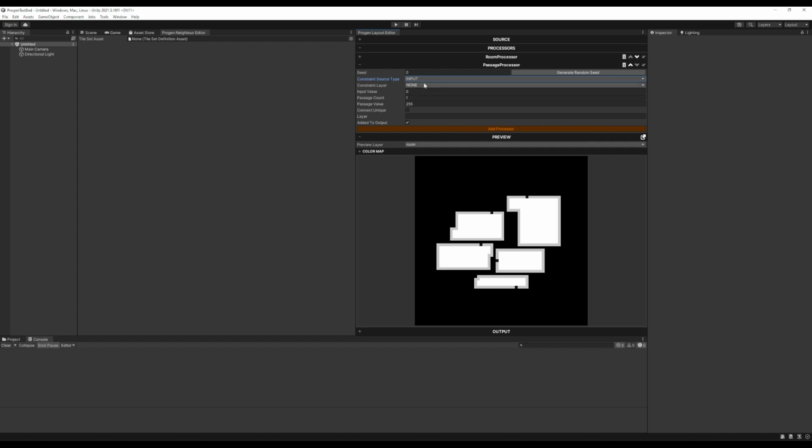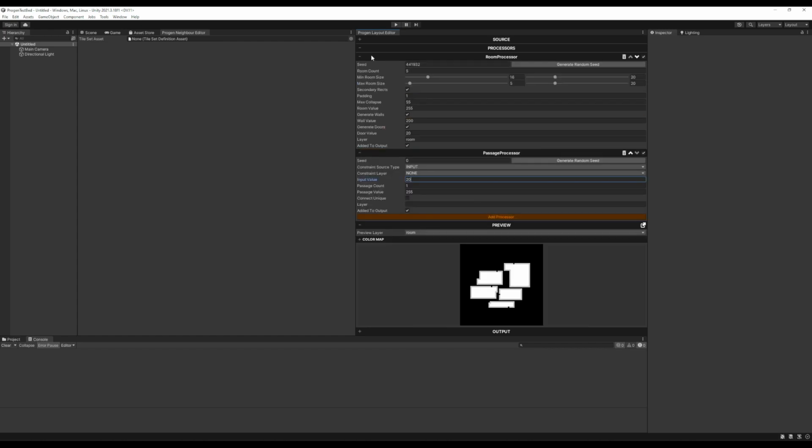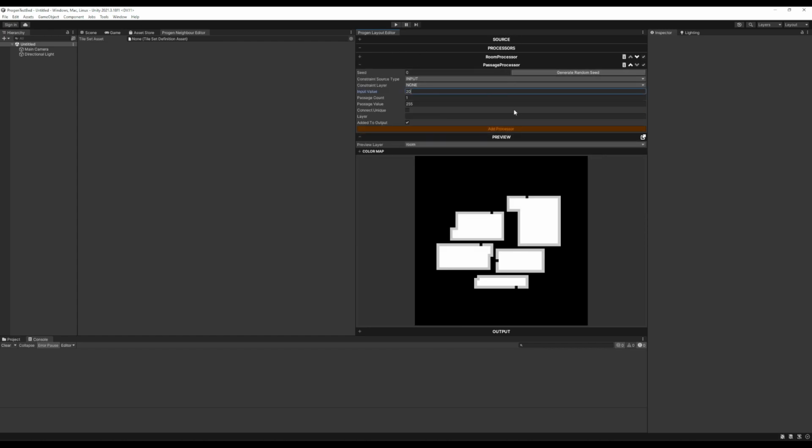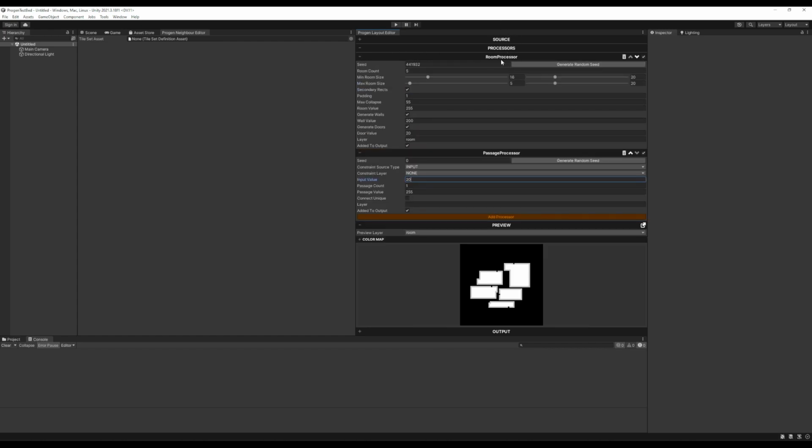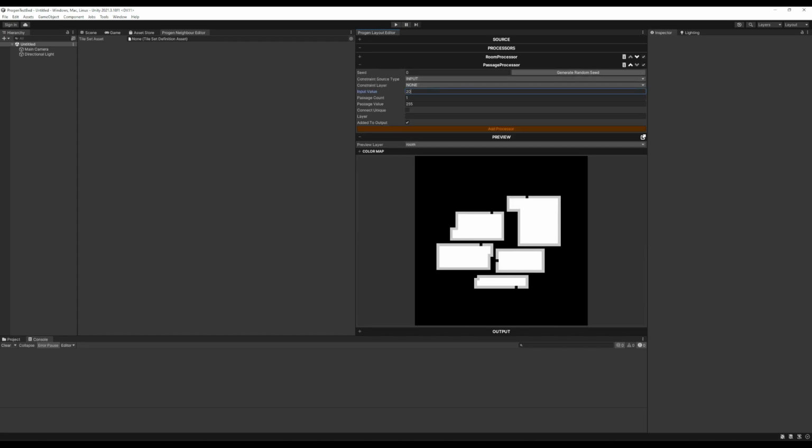So our start and end points will be these doors, which is a value 20, and the input is current output, because the room processor is directly above the passage processor, and we see this one, so we can use this. We can also use the room layer if we wanted to. So the 20, and we want the one passage count,